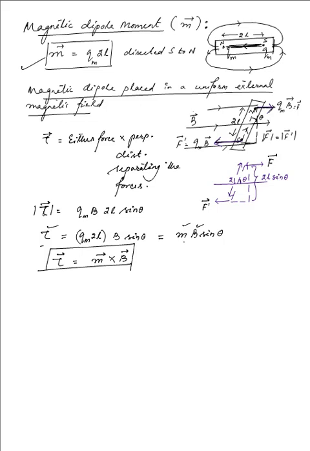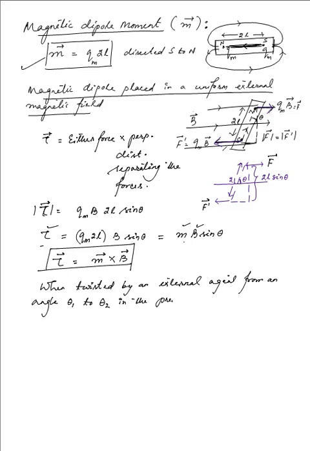So that is what we will be doing. So when twisted by an external agent from an angle theta 1 to theta 2 in the presence of the field, the work done will be